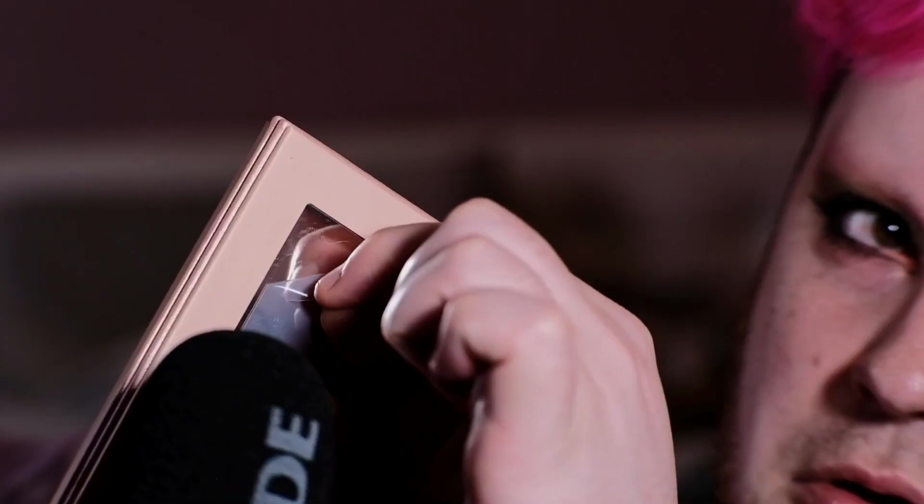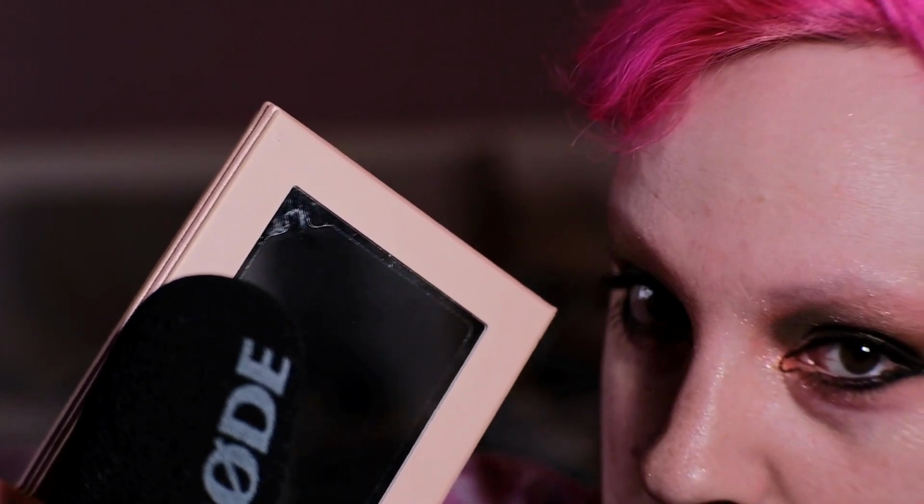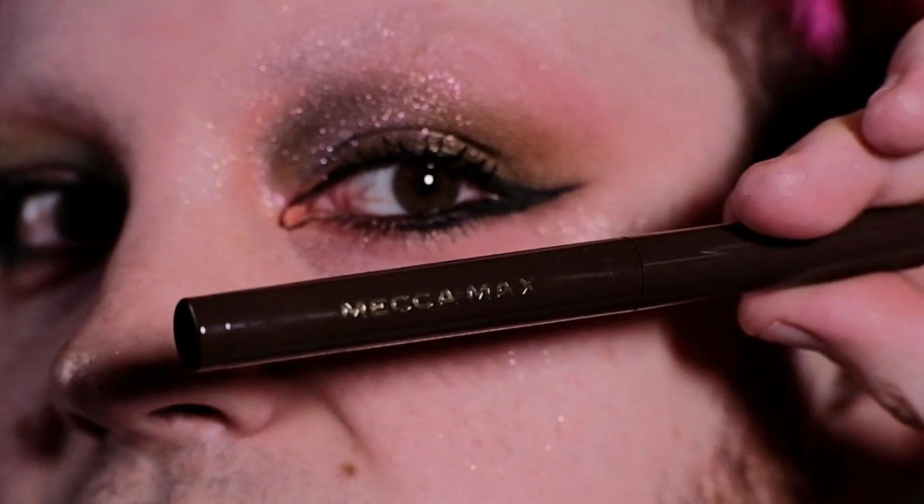I haven't peeled the sticker off this yet, so I'll quickly do that for you. Beautiful. The other product that is on my eyes as well, the NARS Smudge Proof Eyeshadow Base, the Mecha Max